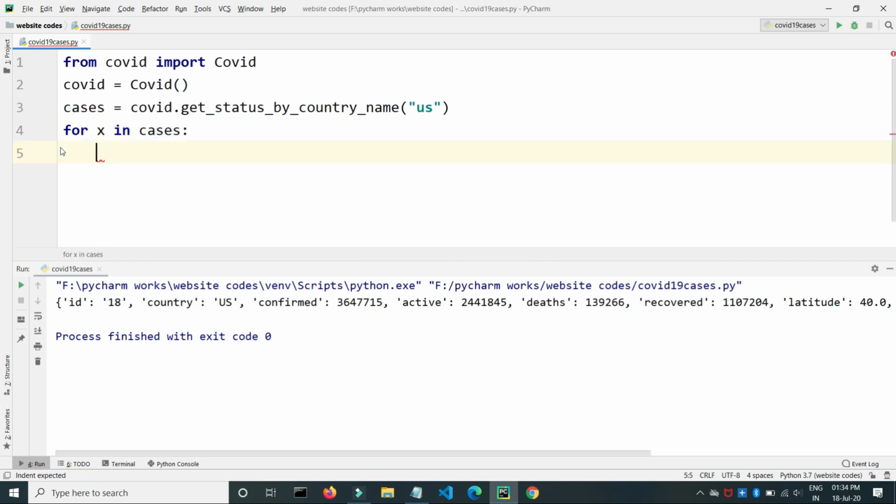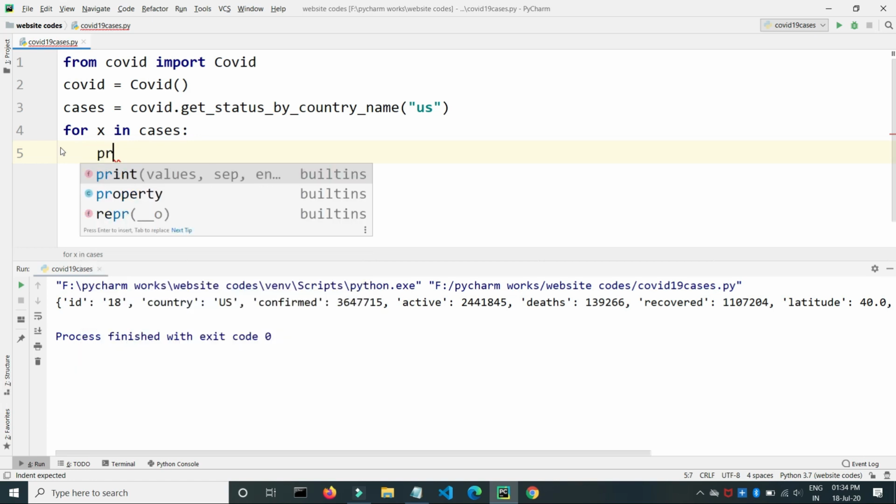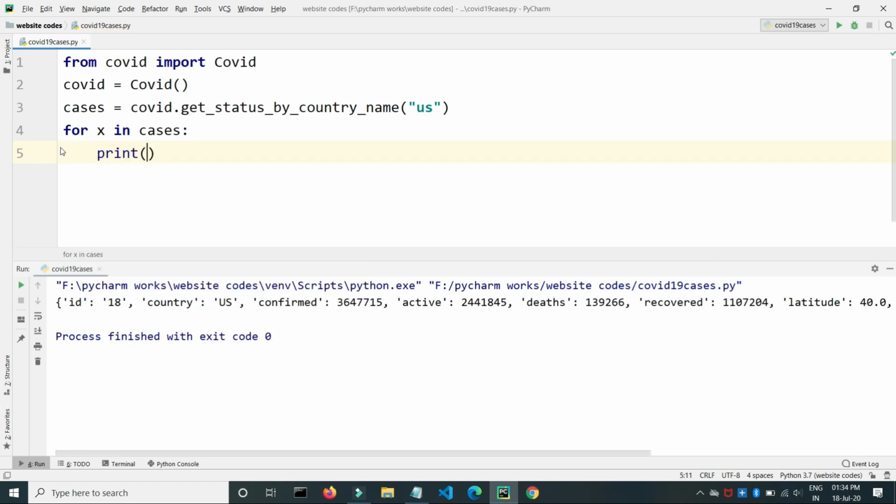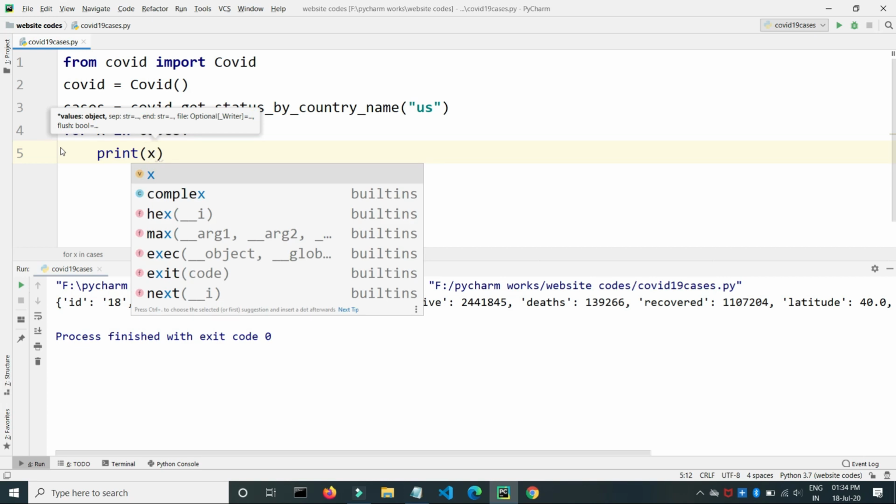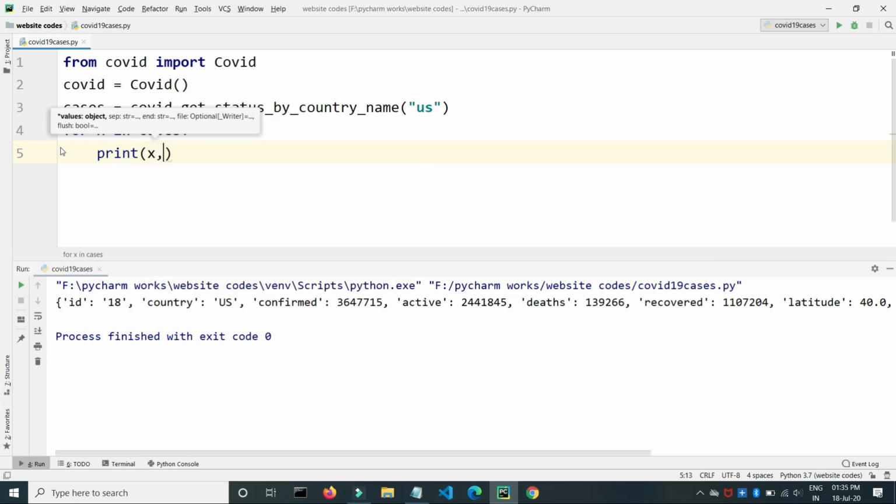Inside the dictionary cases we want to print x, that is the key value. As you can see, this is ID and country, confirmed, active, death, recorded. Okay, this is x which is representing them.